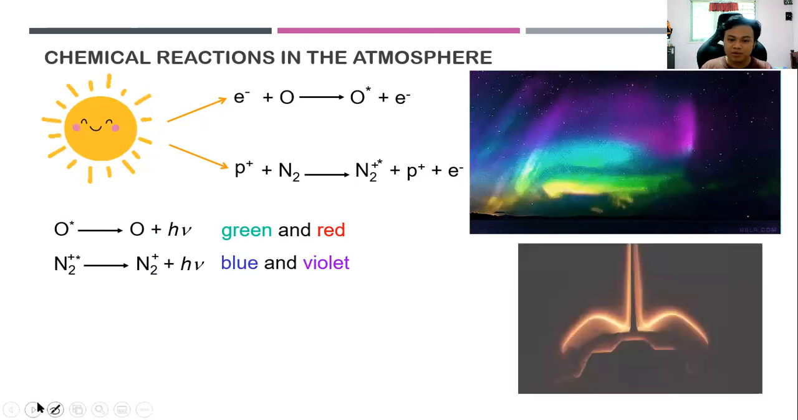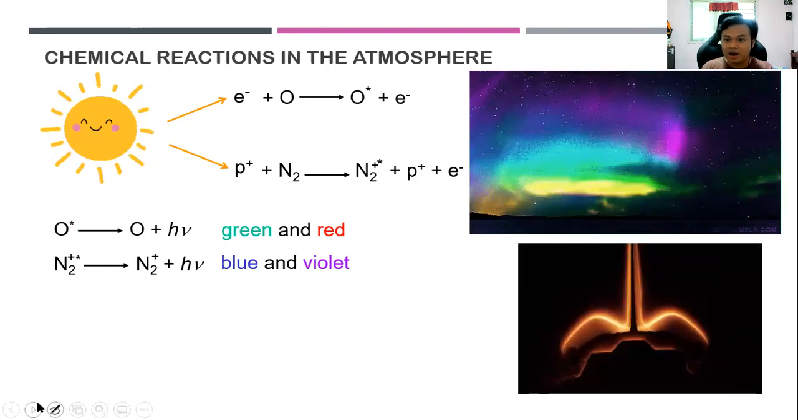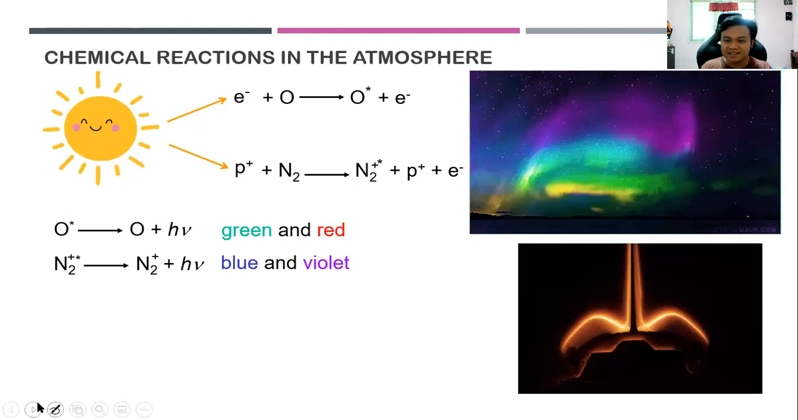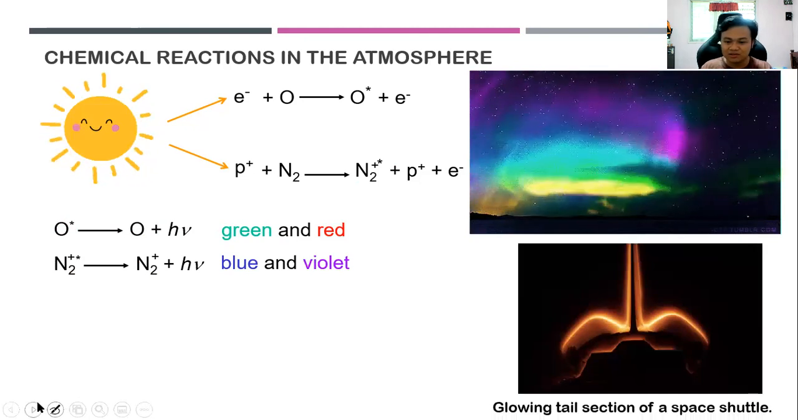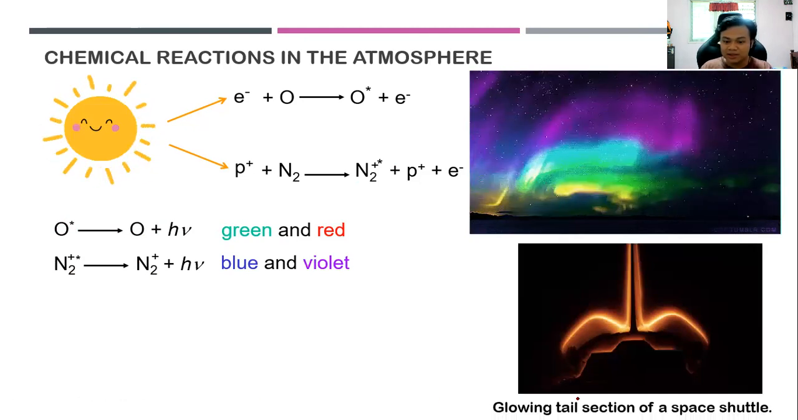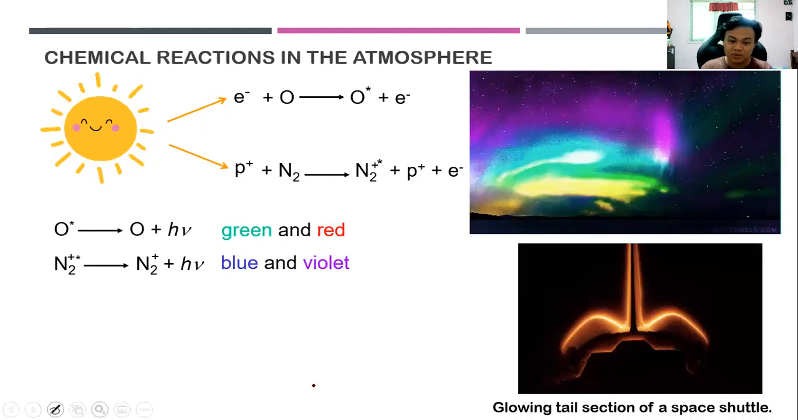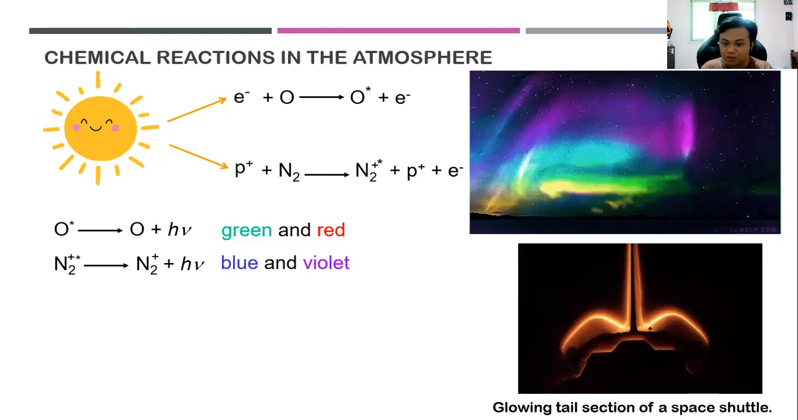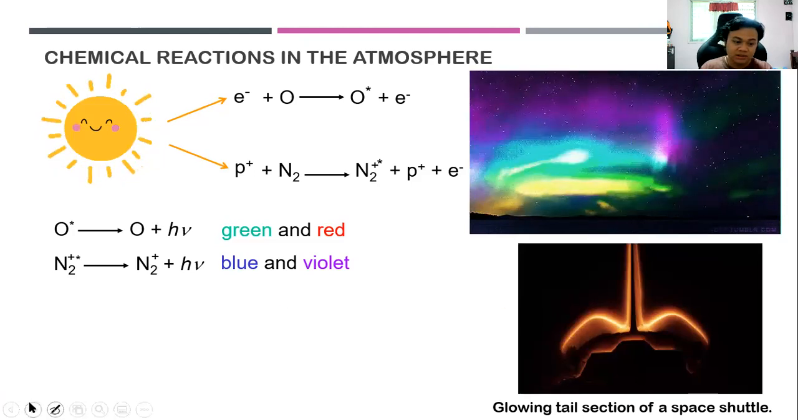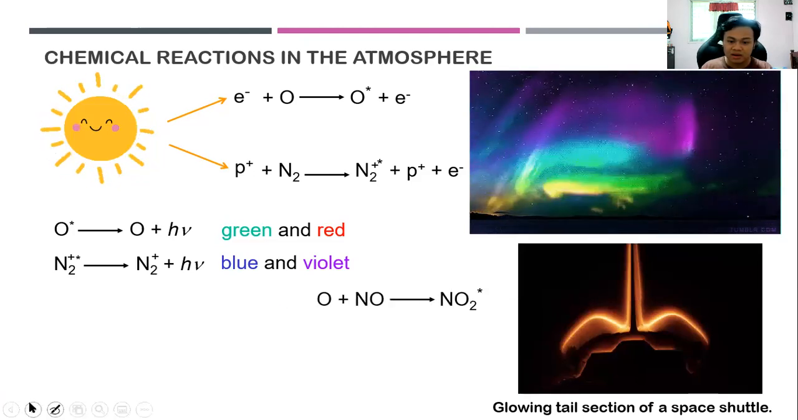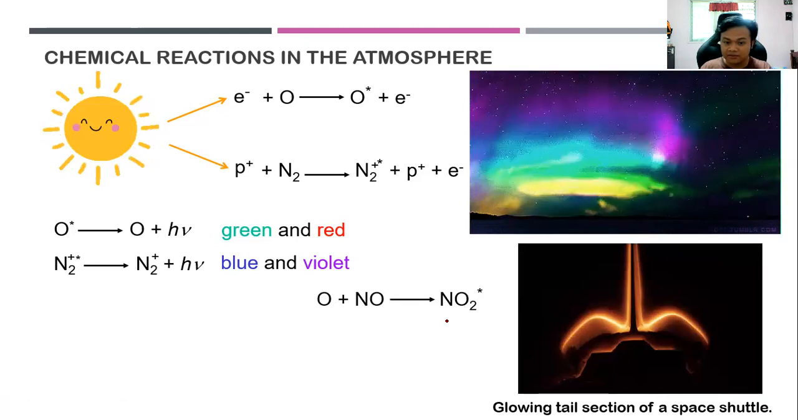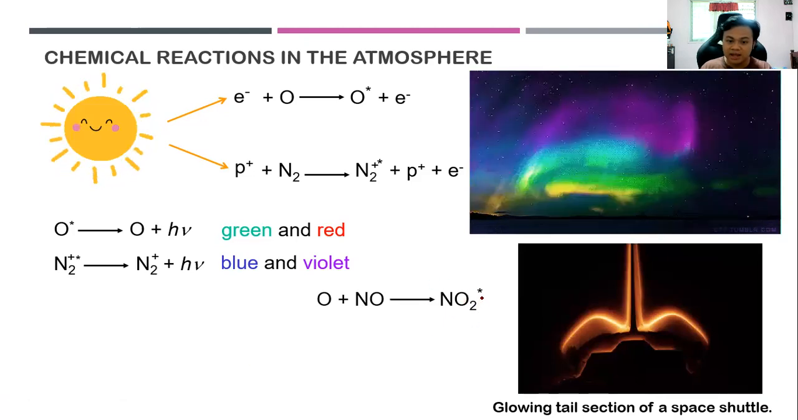Actually, other chemicals burning also give off the same kind of light. This is the glowing tail section of the space shuttle. So what elements, what compound is this? We have nitrogen dioxide. If the nitrogen dioxide will be energized,